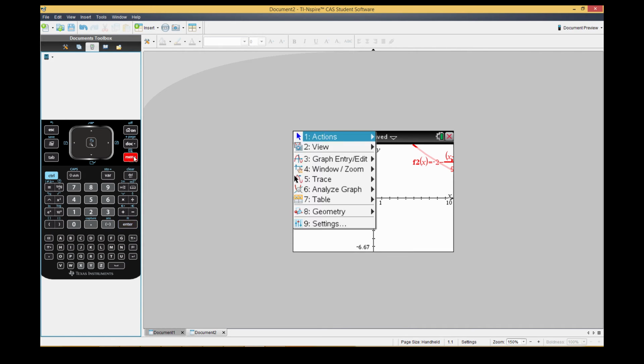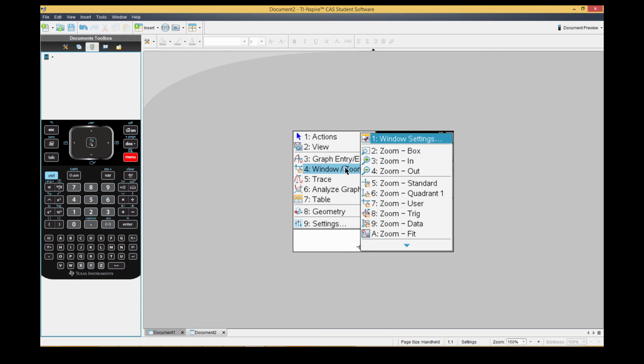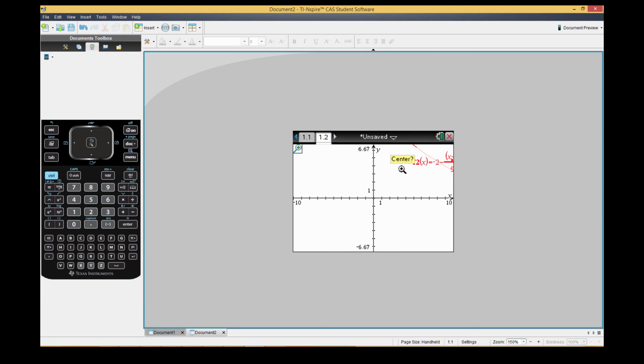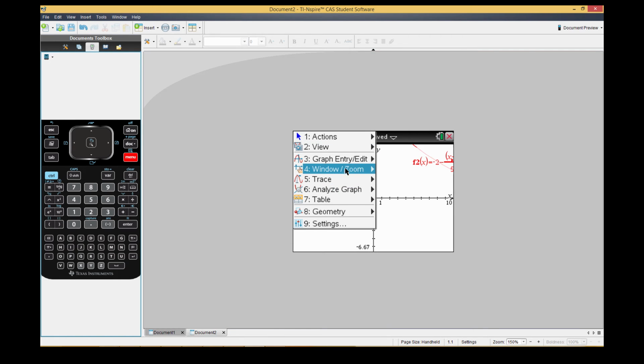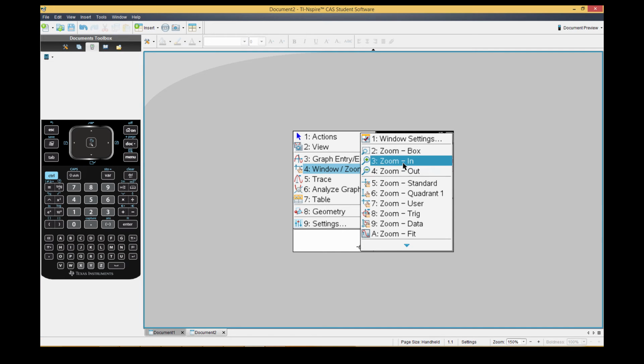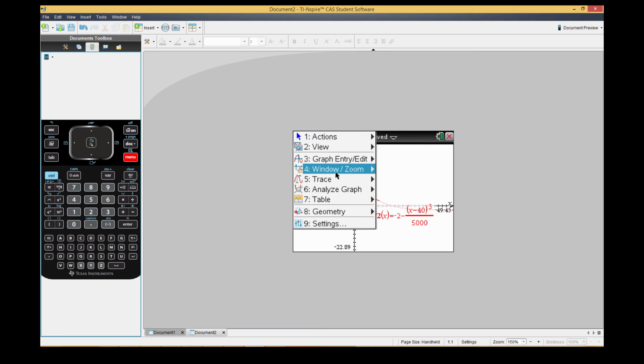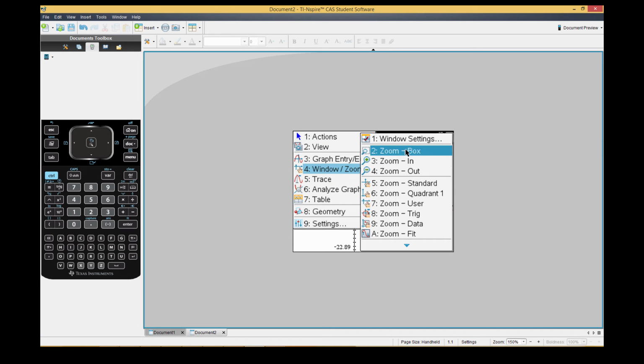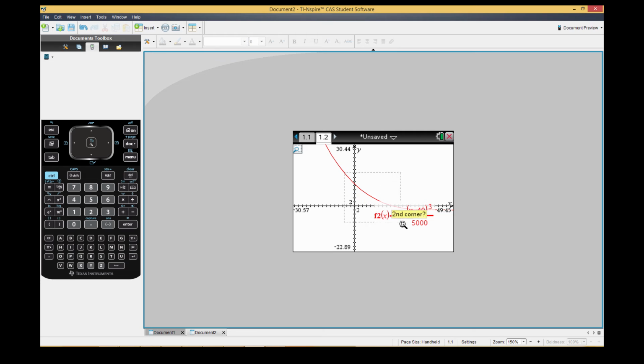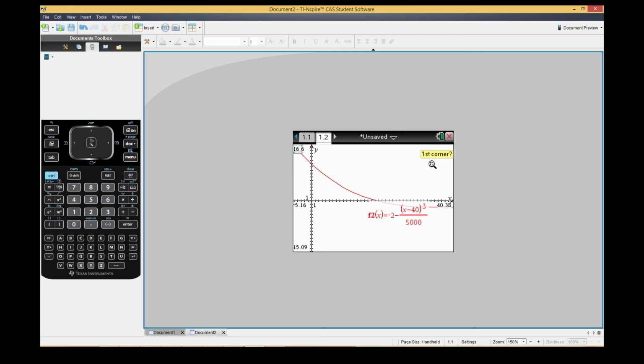Right, I'm going to zoom in. I want to zoom out, sorry. Zoom out. Right, and I want to look at this region here, so I'll just zoom again. Just want to look at this region here. Okay, so that's the graph. Right, it crosses the